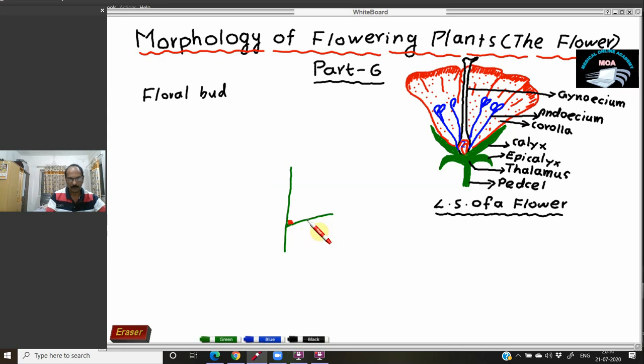a branch. If a branch is formed, that is known as the bud for the branch. If a leaf is produced, it is known as the foliar bud. Or if a flower is produced, it is known as the floral bud. So suppose this is the floral bud. And the floral bud you may see at the apex of the plant stem also. Here also you may find it. So a flower may be produced from the apical bud, or from the axillary bud. Wherever it may be, it is known as a floral bud.